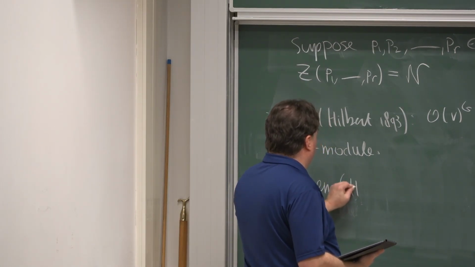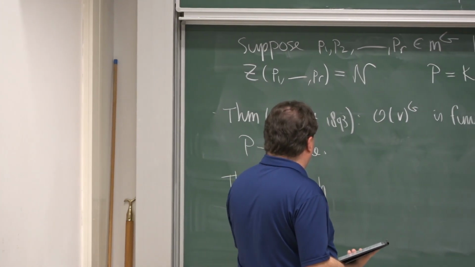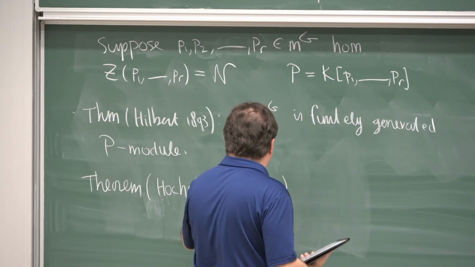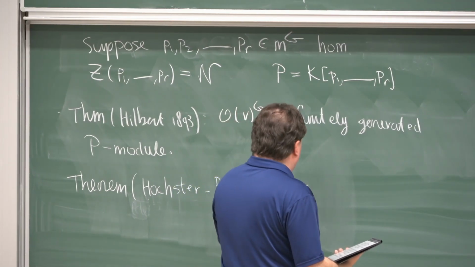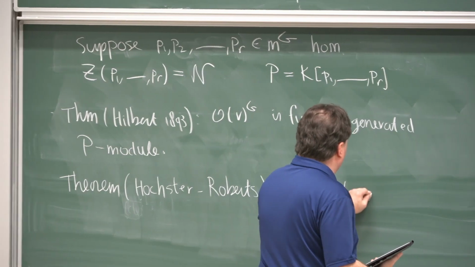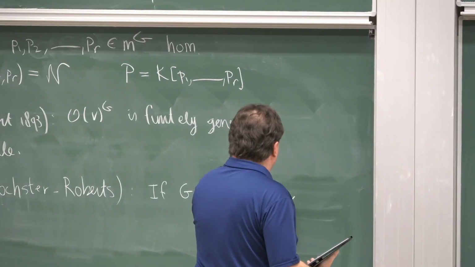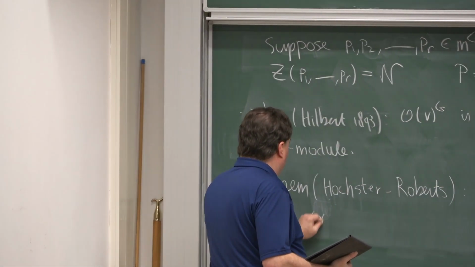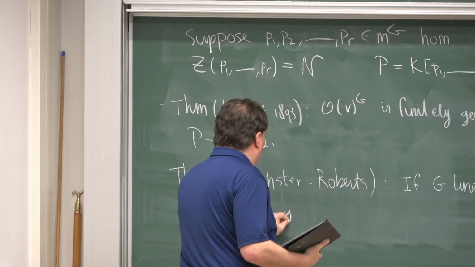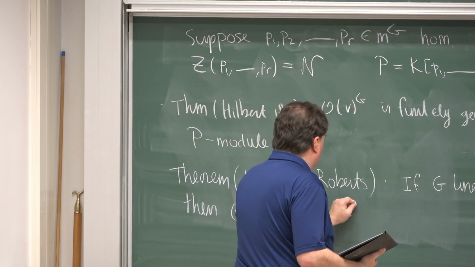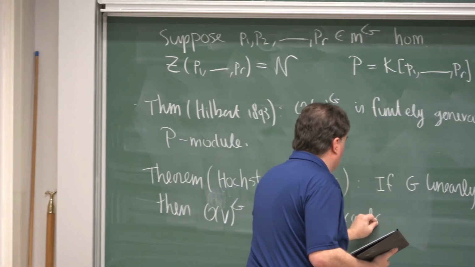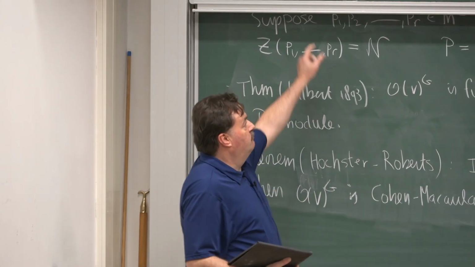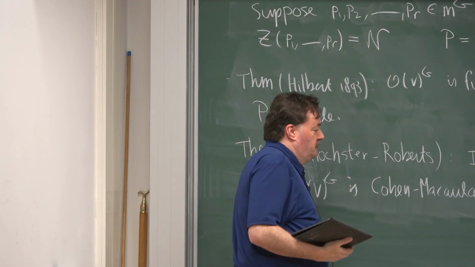So let me just say one more thing about linearly reductive groups, namely the Hochster-Roberts theorem, which states that if G is linearly reductive, then the invariant ring is Cohen-Macaulay. So this is a nice property of modules or rings, which I'm not going to explain, but there's an important